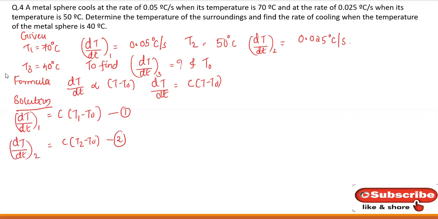We know these values, that is 0.05 upon 0.025 is equal to C into T1 minus T0 upon C into T2 minus T0. T1 is 70 degrees Celsius, so 70 minus T0, upon C into T2, which is 50 degrees Celsius, 50 minus T0. C will cancel. On cross multiplying, we will get